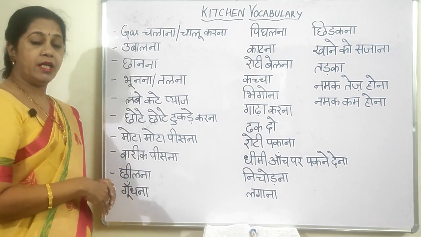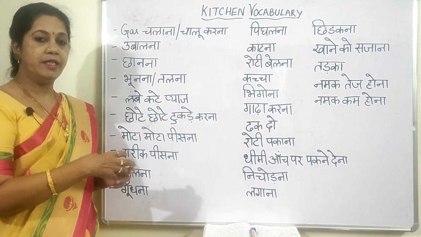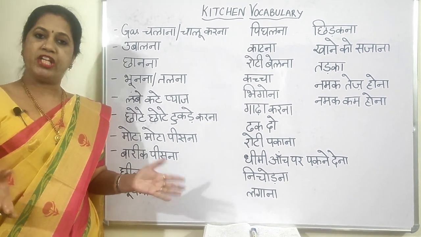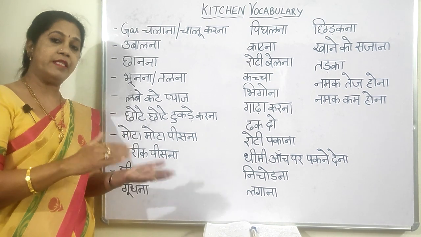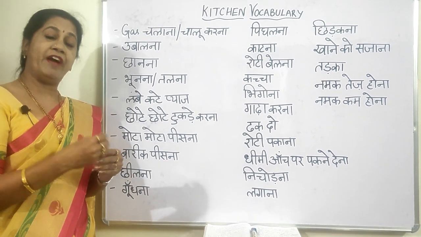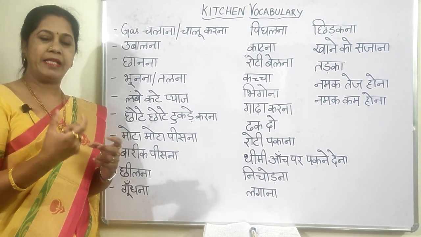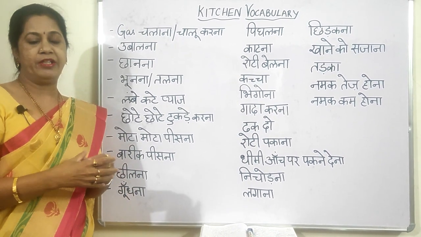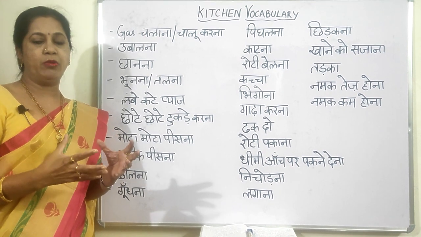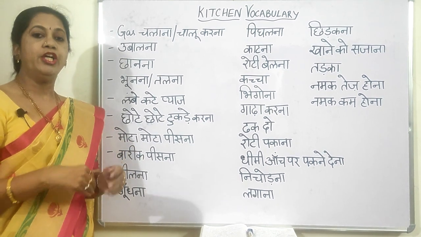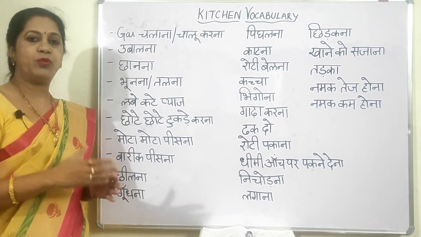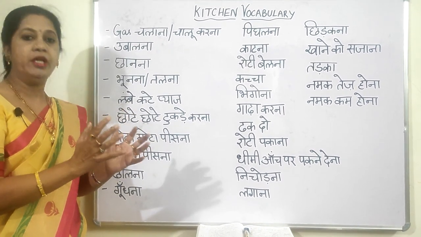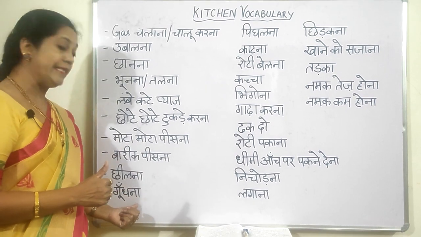Then gundna. Gundna means to knead. See, you have atta. Atta is nothing but wheat flour. Generally atta we say wheat flour, but otherwise the other one is called fine atta. The barik se jo hai, that is called maida. But here gundna, when you do, that is any powder form, that is flour. You try to mix it with water or whatever ingredients, and make it into a dough. That is called kneading.